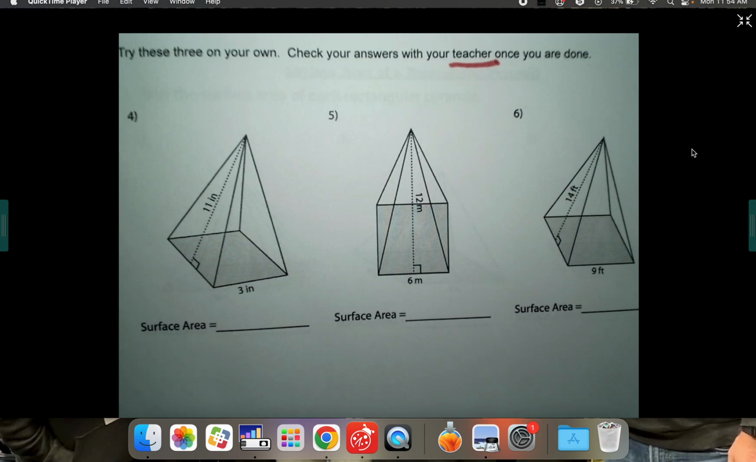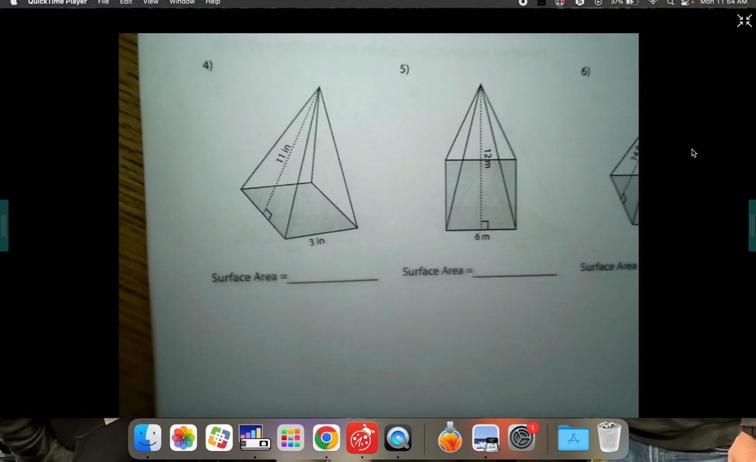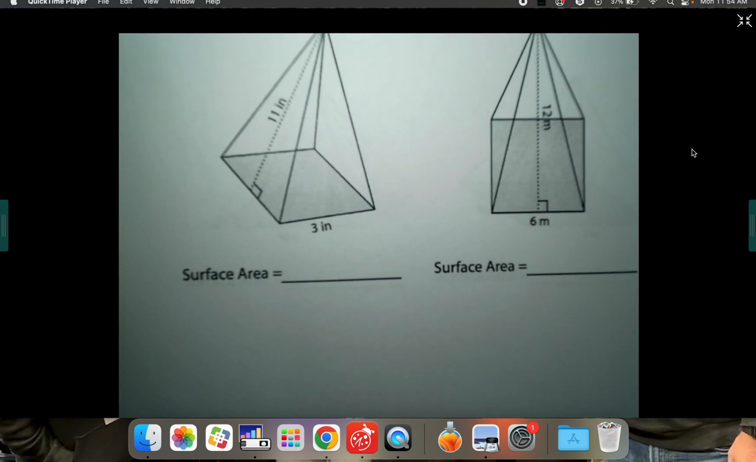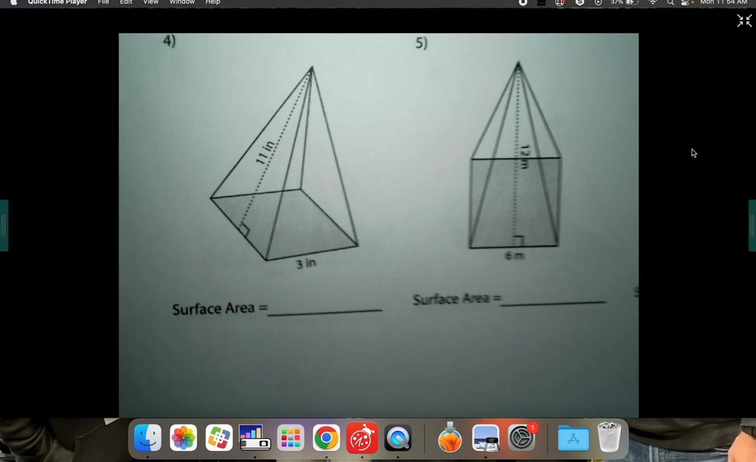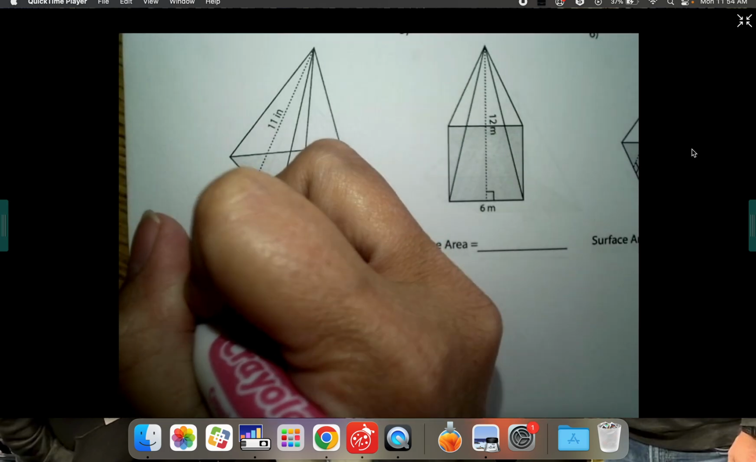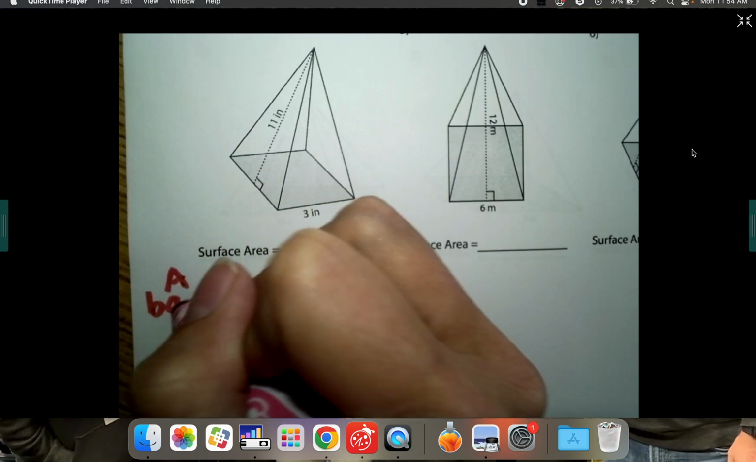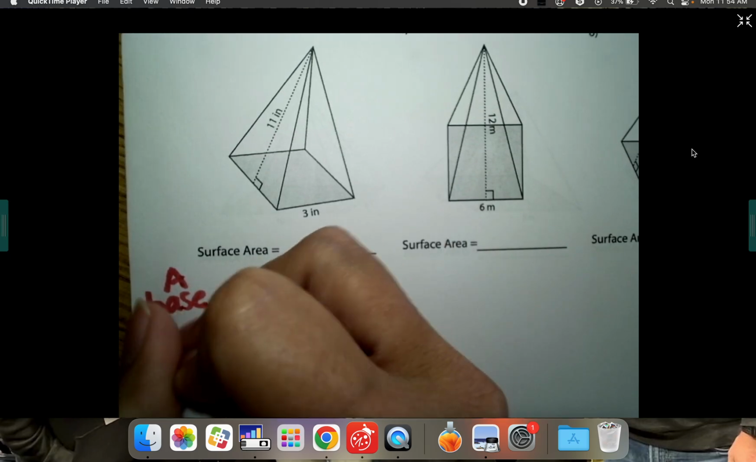Okay, if you're ready for me to work through these with you because you aren't quite sure, or if you actually are done and you're just checking your work and fast forwarding to the answer, good for you. These are worked out the exact same way the other ones were. So we are just going to do the area of the base, which the base is a 3 by 3. The square base is 3 by 3,